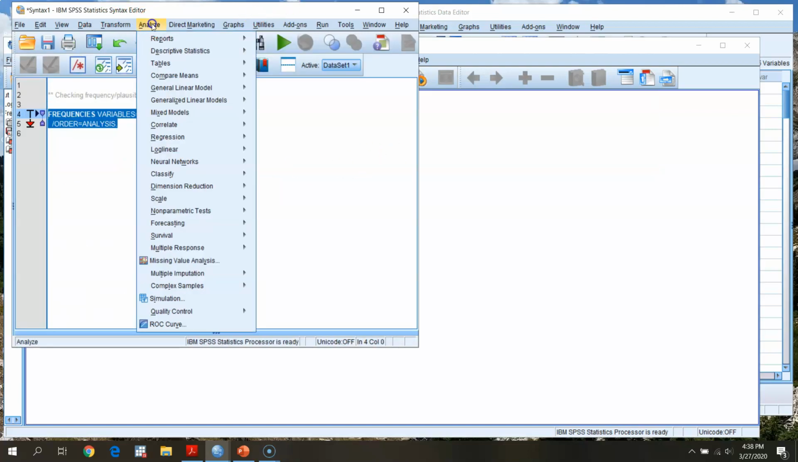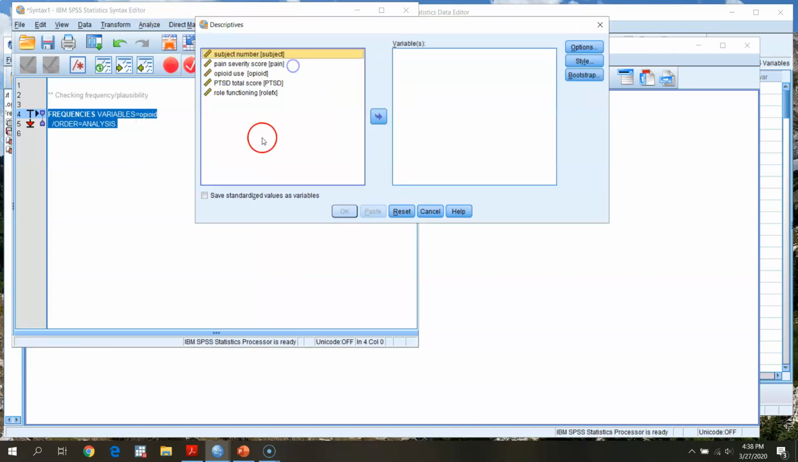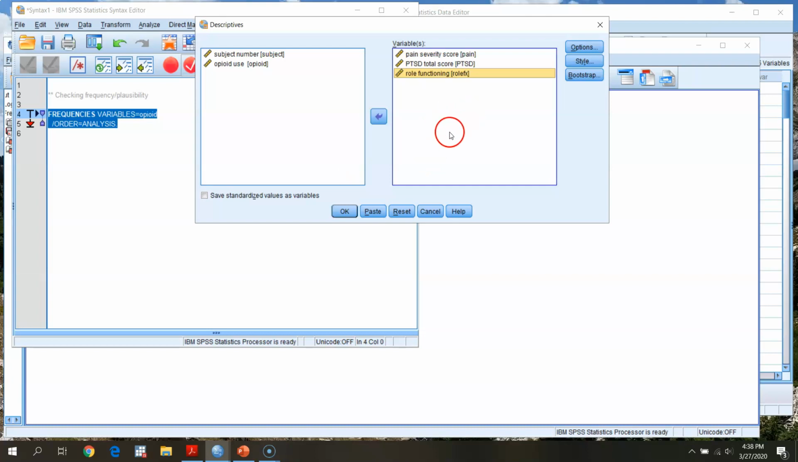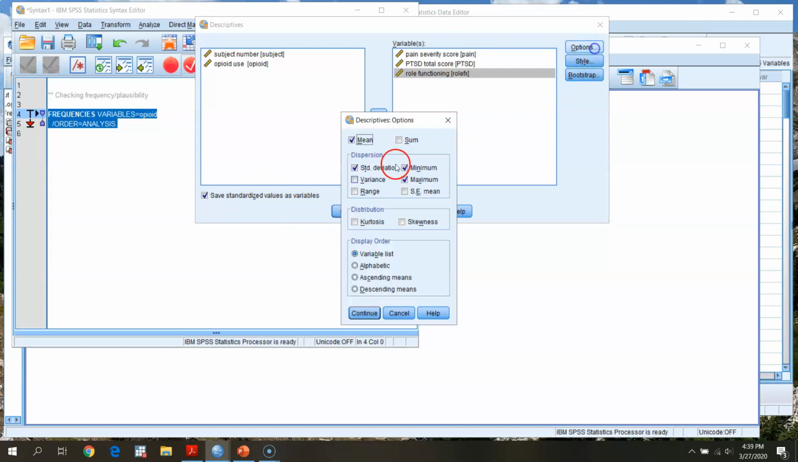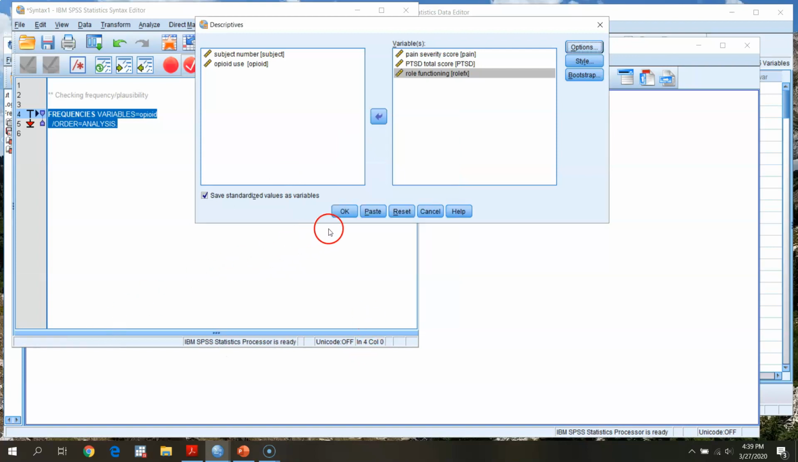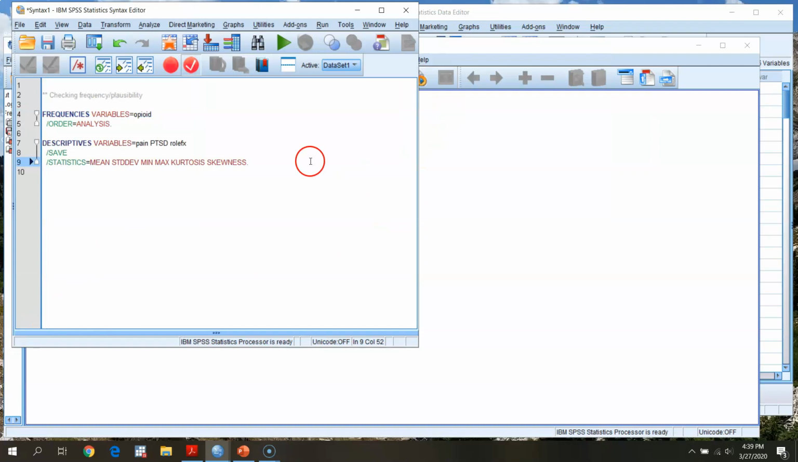Okay, so I'm going to go to descriptives, and now I'm going to look at my variables that I'm thinking of as more continuous. So I have the continuous pain severity score, my continuous PTSD score, and then my role functioning variable. Okay, so I'm going to save standardized values. So this is going to give me Z scores. Then I'm going to go to options. I'm going to request skew and kurtosis values, continue there, and then I'm going to paste. Okay, so we'll run through those data,